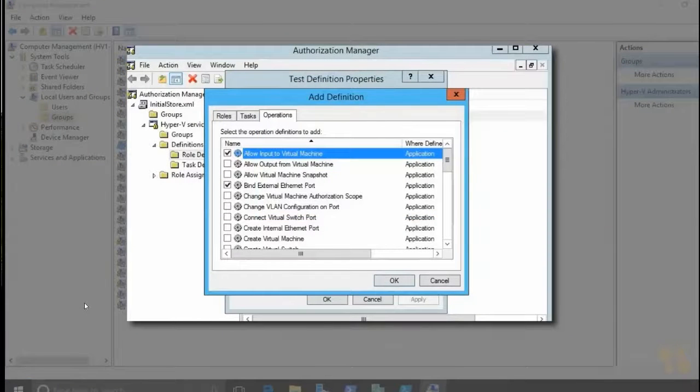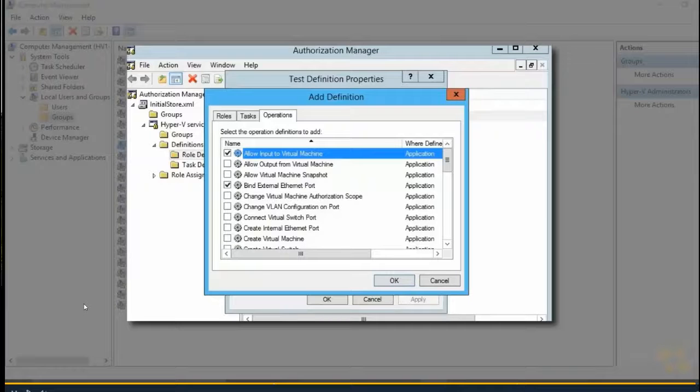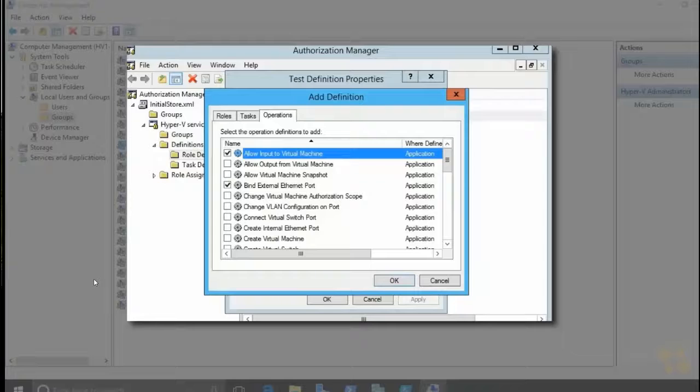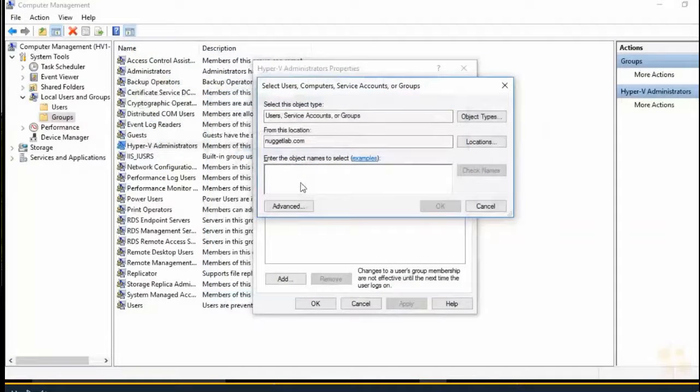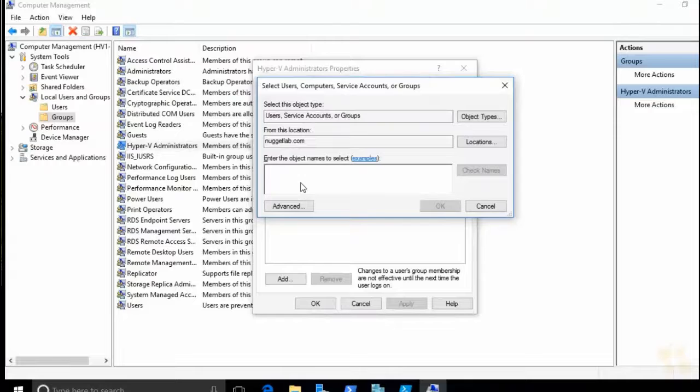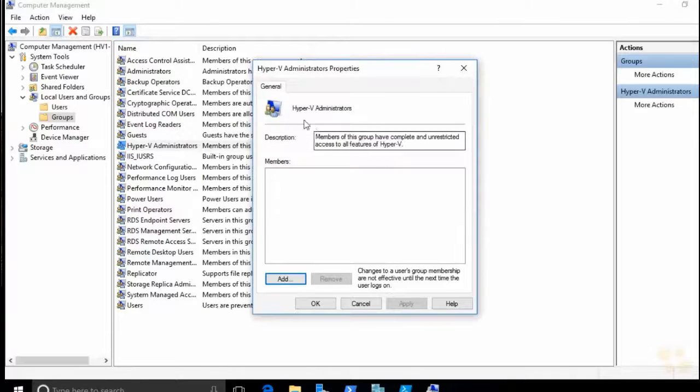That tool was deprecated back in Server 2012. It's still here in Server 2016, but it's going away, so don't rely on it. Microsoft recommends, if you want to get granular with your permission sets, to use System Center Virtual Machine Manager. That's SCVMM. So keep that one in mind for the real world. For exam purposes, again, just know that this local Hyper-V Administrators group is added to your host when you install the Hyper-V role, and it gives anybody that's a member of that group unrestricted access to all the features